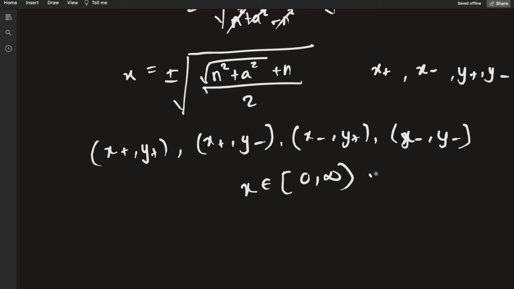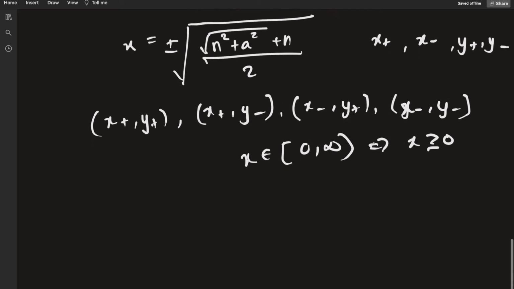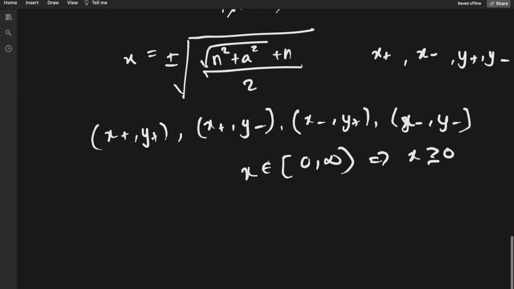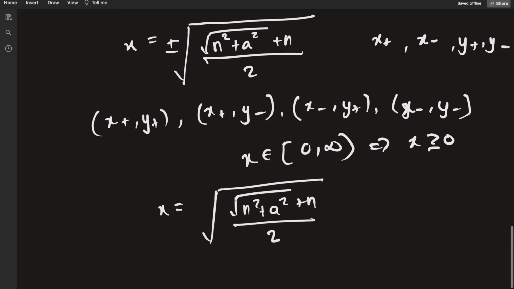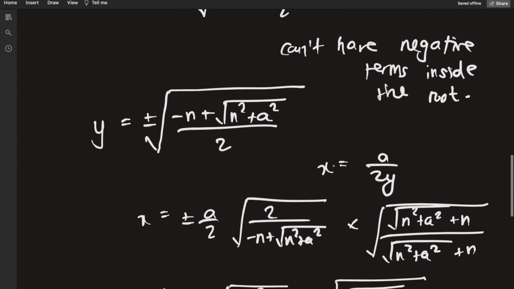which means that x is positive or even equal to 0. So we need to choose a positive branch for x. So therefore x is just going to be the square root of n squared plus a squared plus n over 2. And then notice this original equation, a